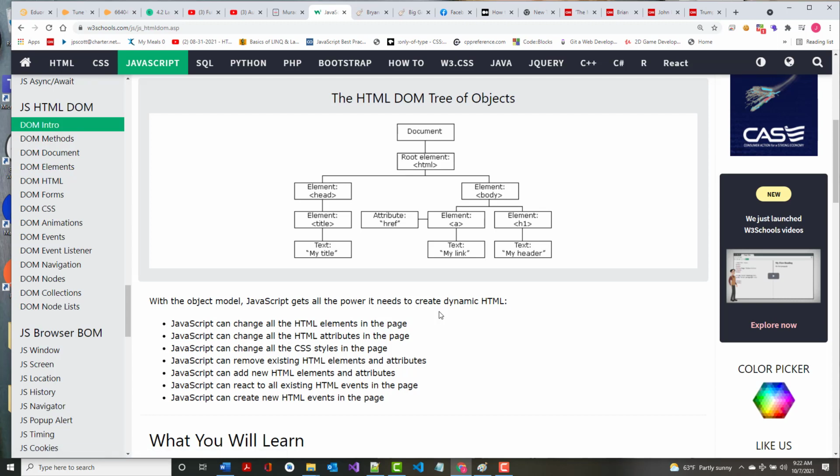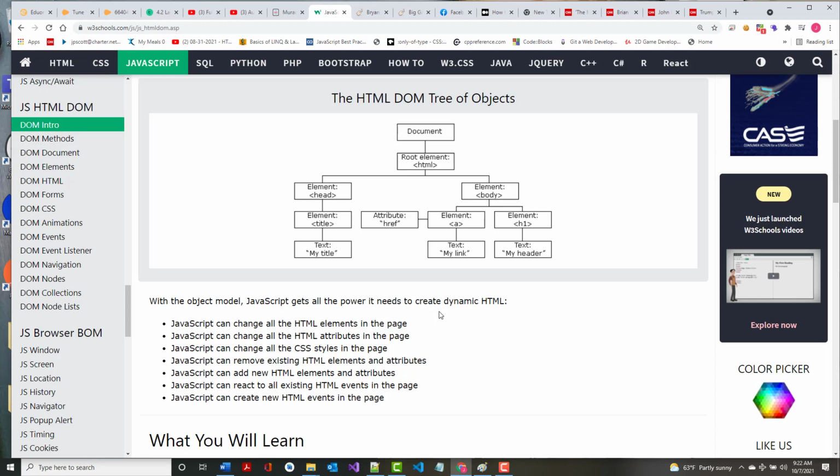The reason I'm bringing that up is you can do all those operations, all right, using the DOM. So you can create new stuff, you can read existing stuff, you can update existing stuff, and you can delete existing stuff. You can use this to write to a web page, anywhere on a web page,